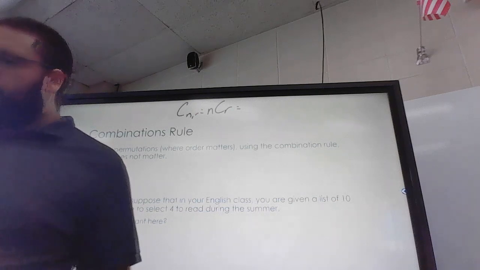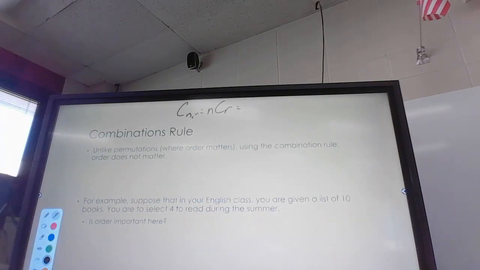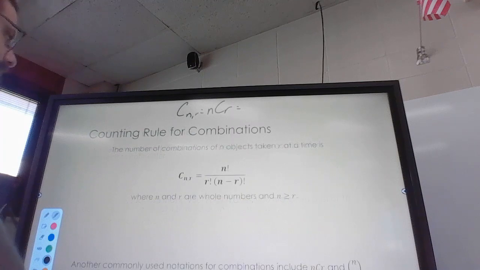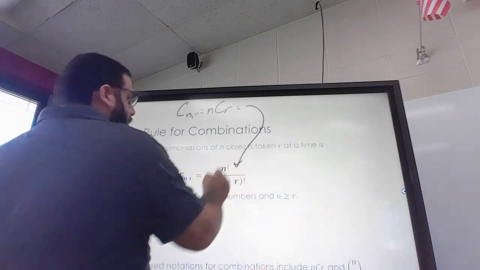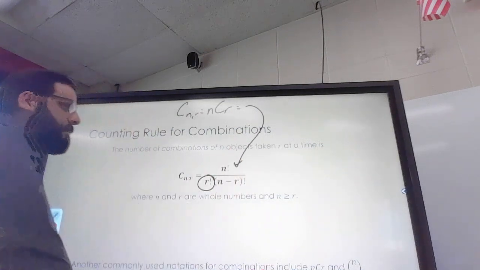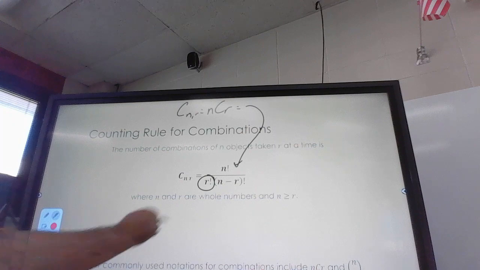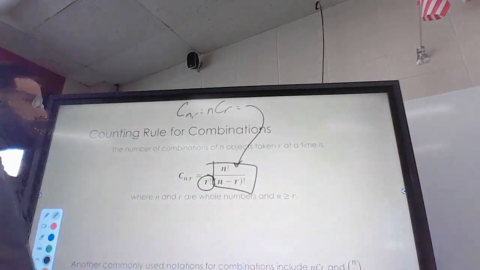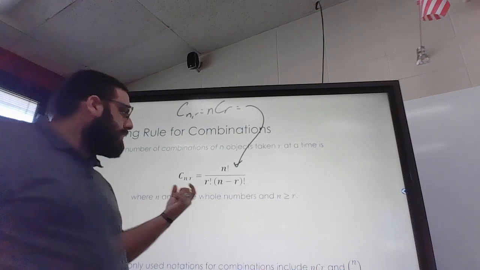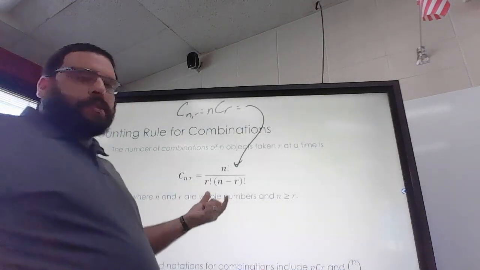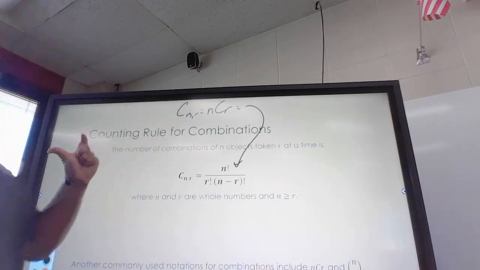So the formula for combinations is also similar to the formula for permutations, except for this, right? This part here comes from the permutations formula. But what's with that r factorial? Well, the r factorial is the number of ways to arrange items in the same group,